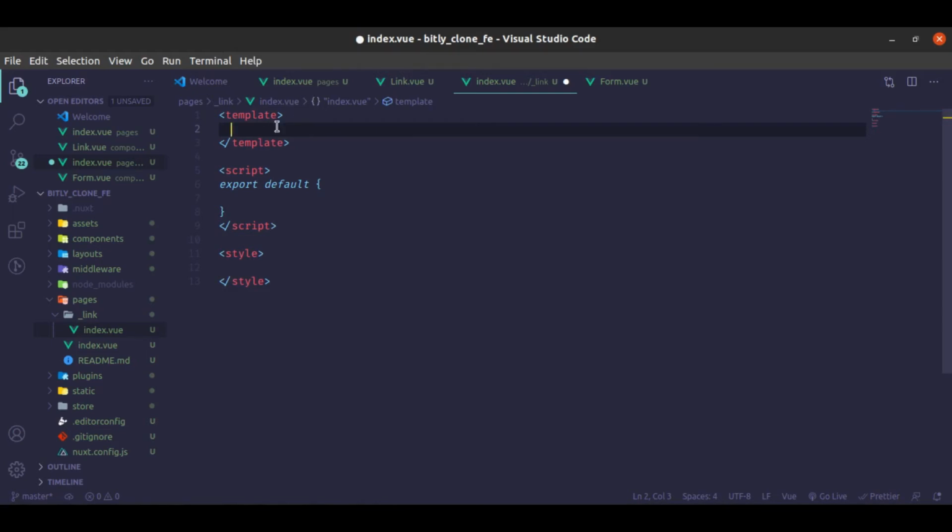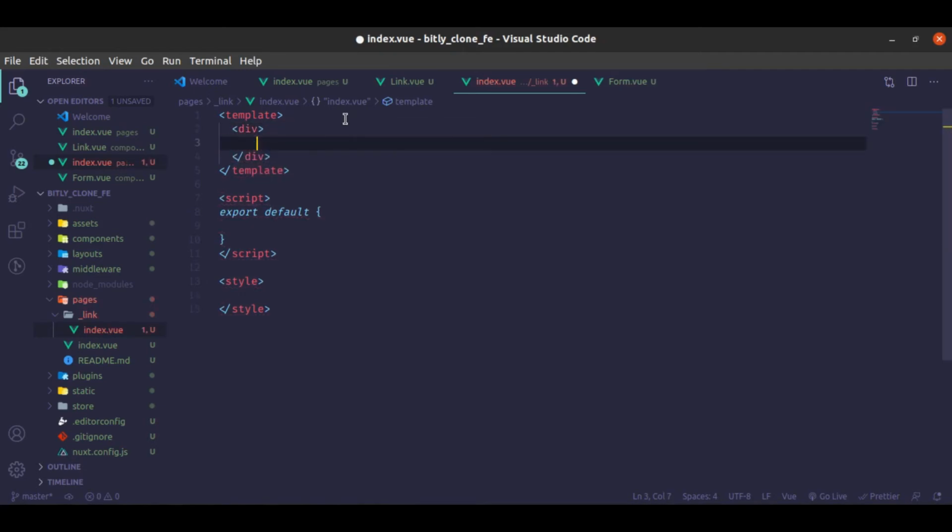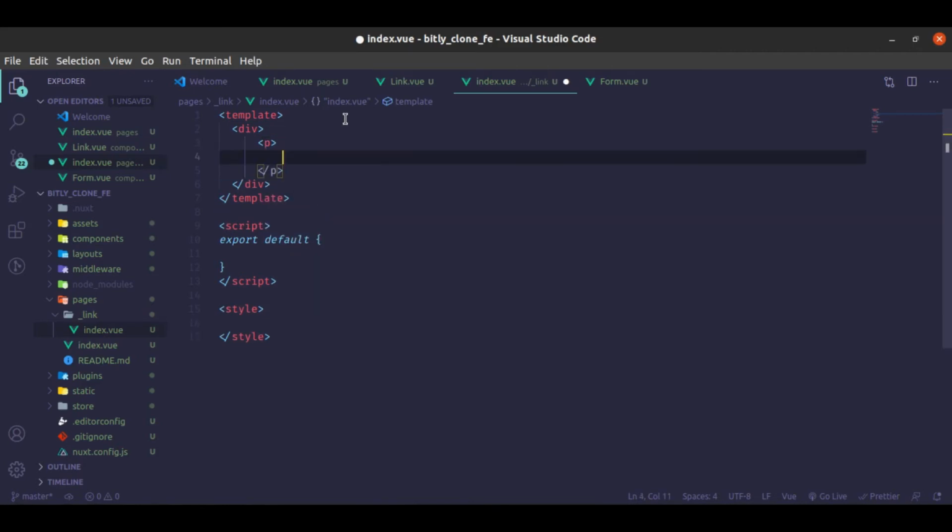So we will place a slight template over here so that the person knows that he or she is being redirected to the original link. So we're going to have a div, and inside it a p tag, and you are going to write redirecting you